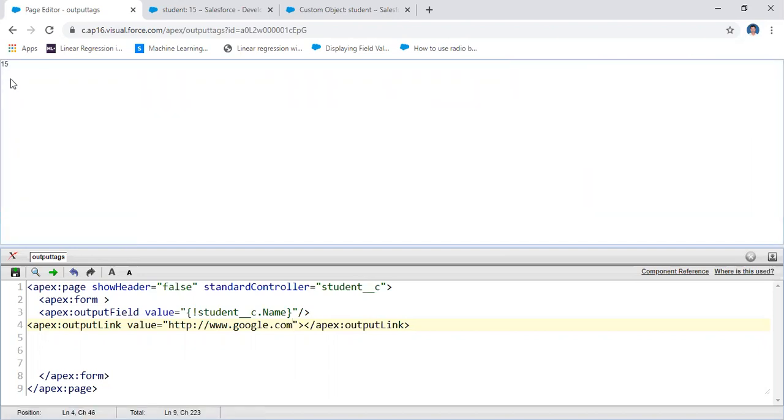I'm not displaying anything here, that's why I'm writing some information here. Google page. Save it. Yes, Google page. If you require a break, you may use br slash.